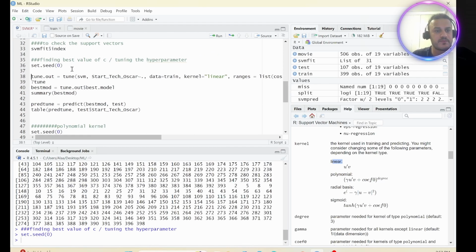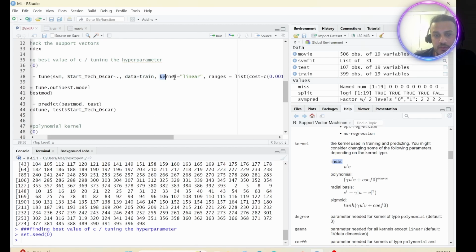We use the tuning parameter, tune.out, this is just a name where I'm going to save the results. We use the tune function, the svm function, this is my independent variables, with all my data equal to train,